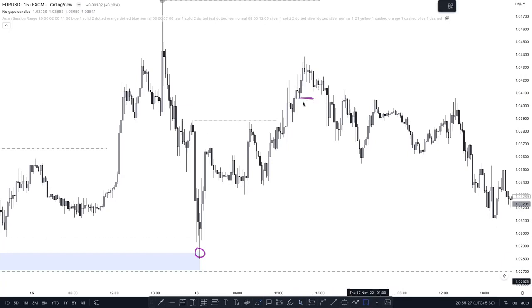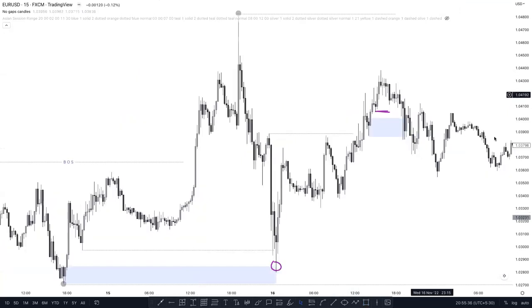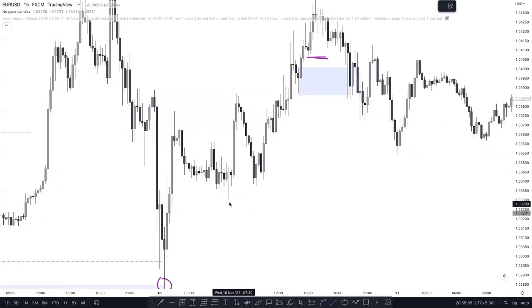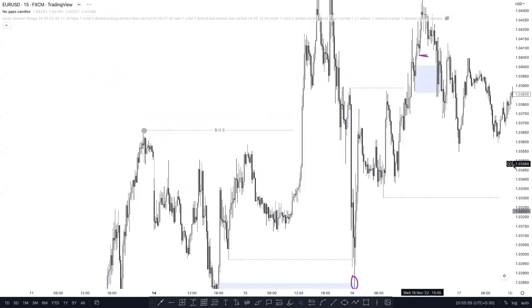So after this inducement, where is our first order block, where we can buy? Which one is here. But what happened here, if you can see at this point, the market tapped here but did not respect this order block. The market kept a small reaction at this point, and then the market finally pushed to the downside, which is an indication that the market is not able to hold this level. The market needs to take out the extreme low, which one is here, then we can buy another position, right,